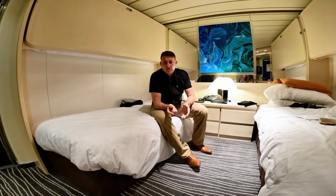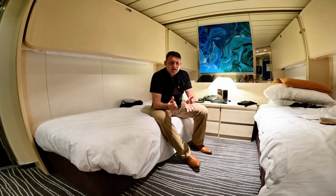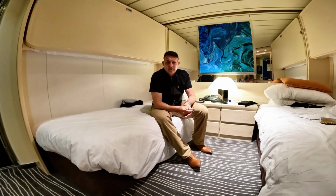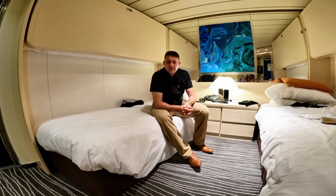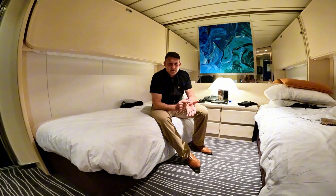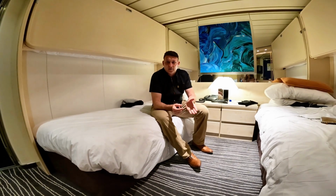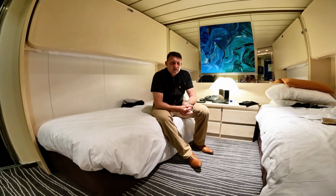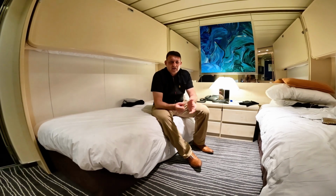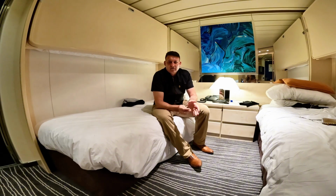And then they had COVID, which lasted for 2 or 3 years, so around about 3 to 4 years they've had no income. And the island, which again we didn't know this, their only source of income is tourism. They don't produce the water, they don't produce any fruit, they don't produce anything at all to export. Everything is imported, even the building materials that they use on the island. So you can imagine how much it's devastated the island when they've had no form of income for 3 or 4 years. So she was talking about that, and she was saying that even today, 3 or 4 years on,